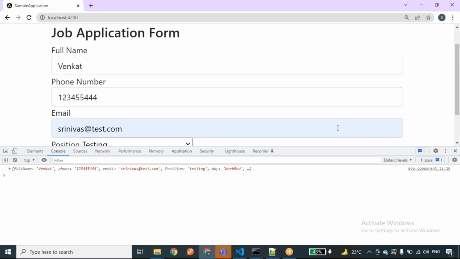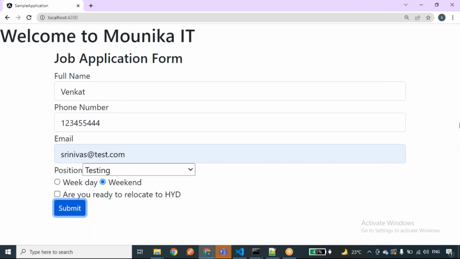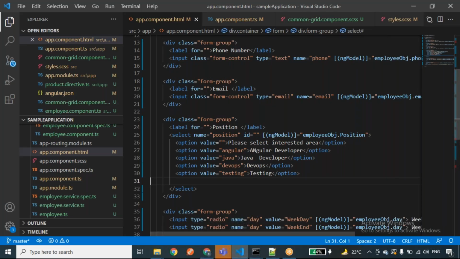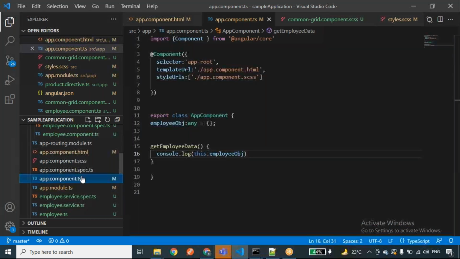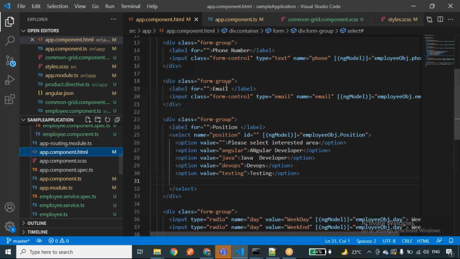Next, I'll show you how to get the entire form values, or the form reference. For example, now I have taken this as one object here. But I want to get all the form fields, without taking this employee object.